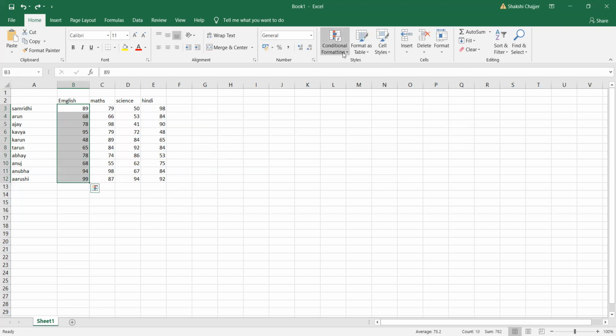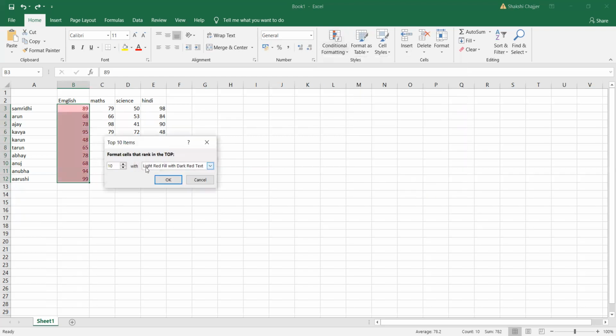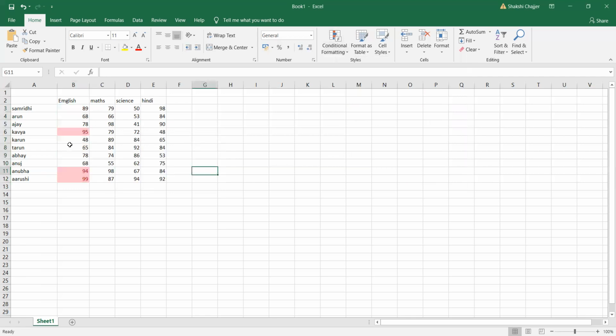So for that, what I have to do is I have to select the individual column. I have to go with top 3 numbers. Okay. Same way, I have to do the same thing over here. Selected this.